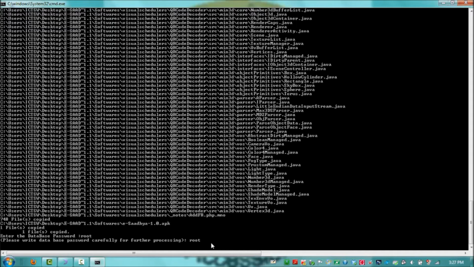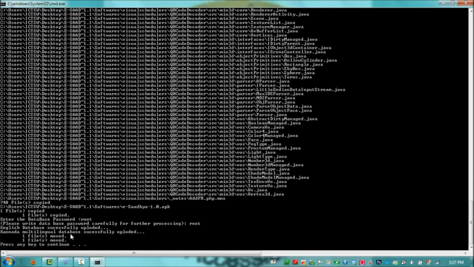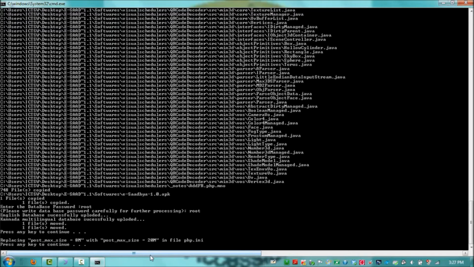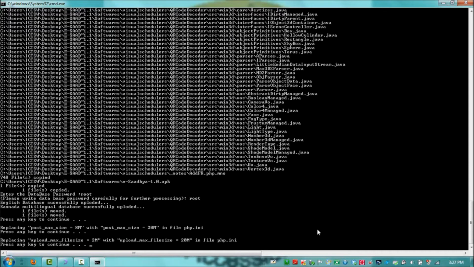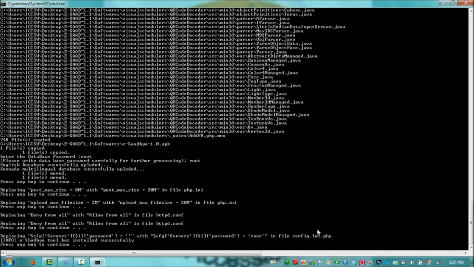Please write the database password carefully. Follow the instructions as shown in the batch file.